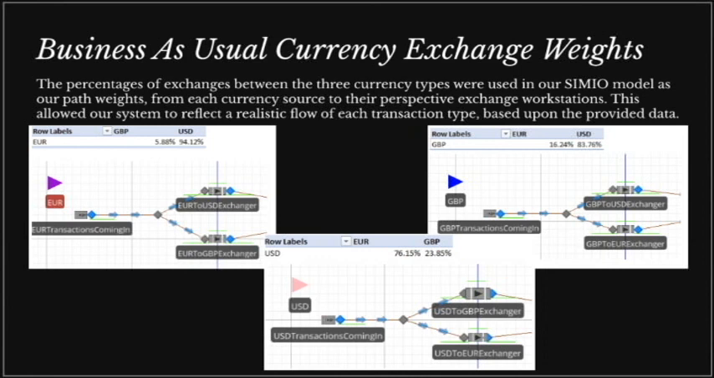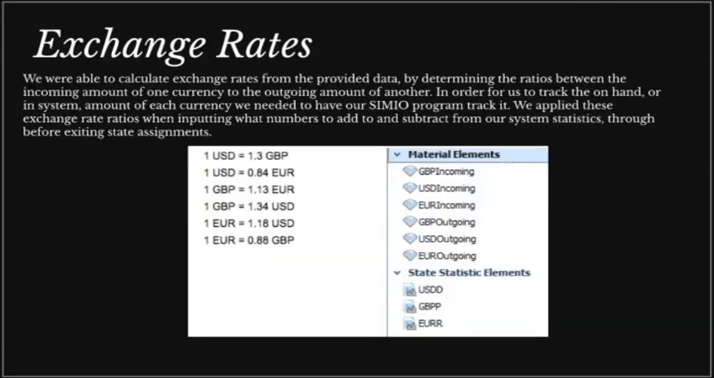In our model, again, we applied these percentages to our path weights, allowing our SIMIO to accurately reflect the real-life, business-as-usual transactions within SafeBank. Knowing that SafeBank provided exchange services, we knew that the incoming currency amount values did not equate to the outgoing currency amount values. We knew that it would be important for us to not only calculate but reflect the exchange rates within our